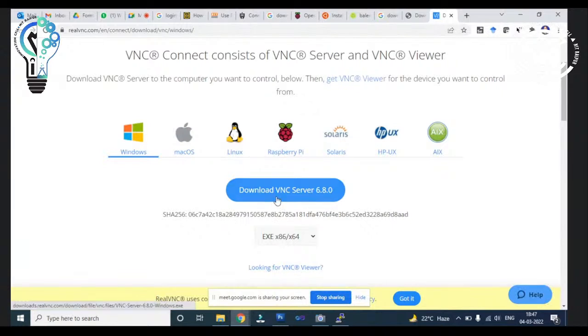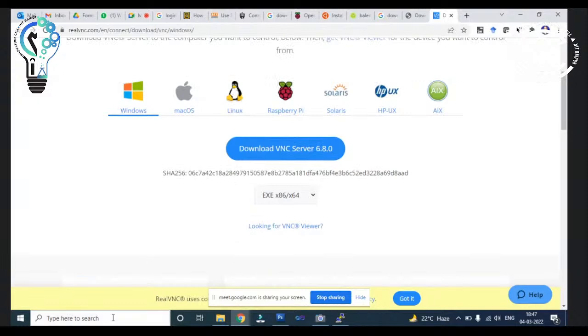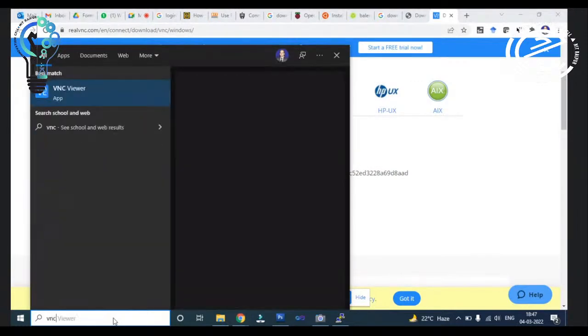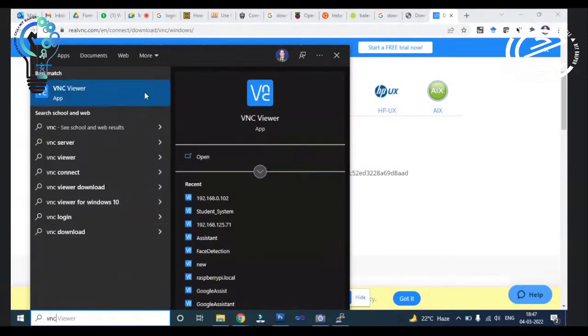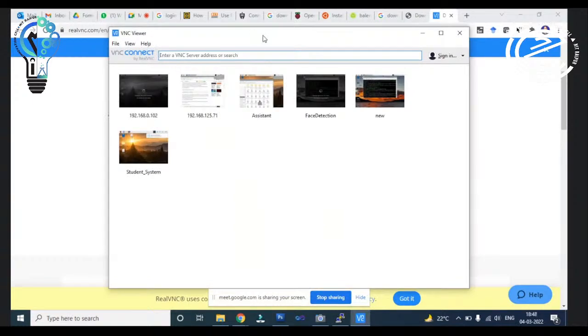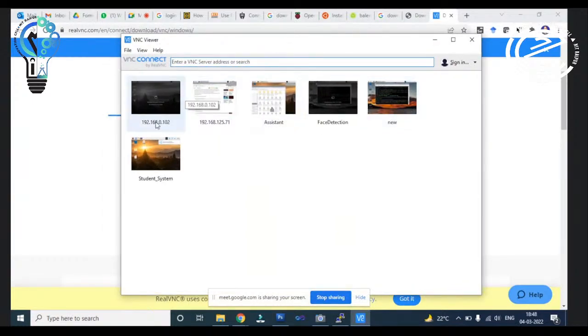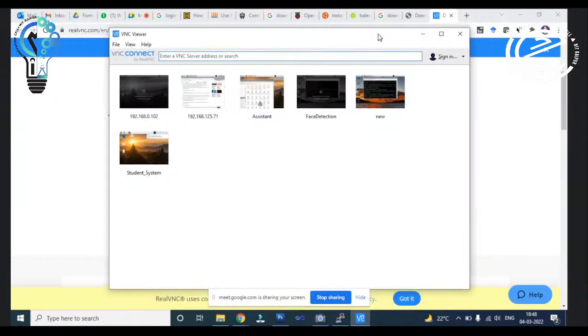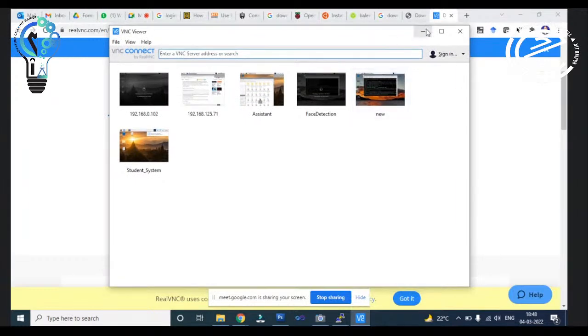This is the VNC Server for Windows. So you will install this VNC Server. Now let me show you the name, VNC Viewer, it will install here. When you download the VNC Server, it will show up under the name VNC Viewer. Just open this. You can see lots of monitors here. And what is this? We will discuss it later. This is the software VNC Viewer which you need to install in the system.